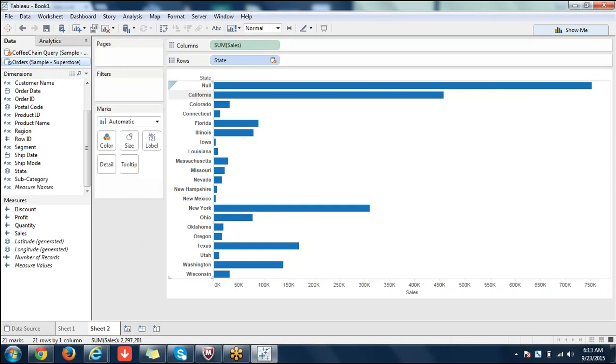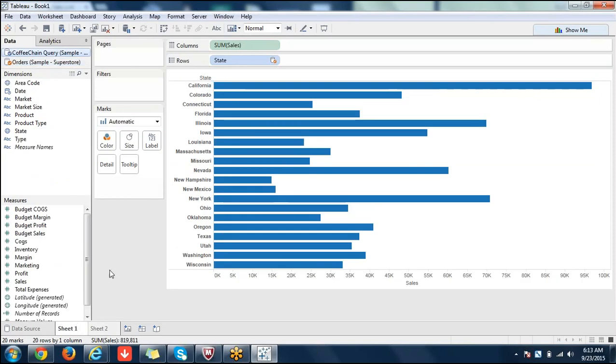Whereas here, coffee chain is primary data source and Superstore is secondary data source. Since Superstore doesn't have more states than coffee chain, it's not pulling in any null values. Okay, because coffee chain does not have more states than Superstore, that's why it's not pulling any null values here.